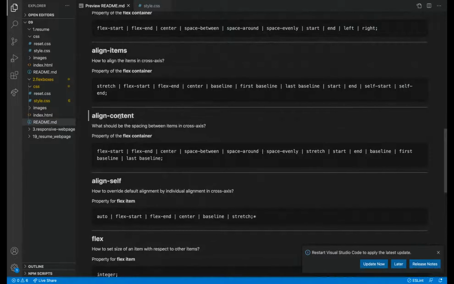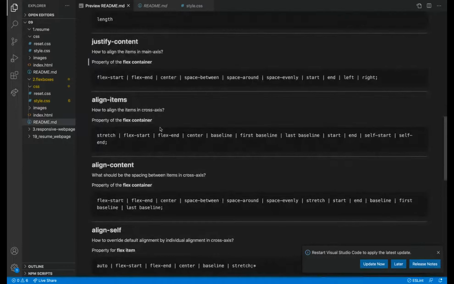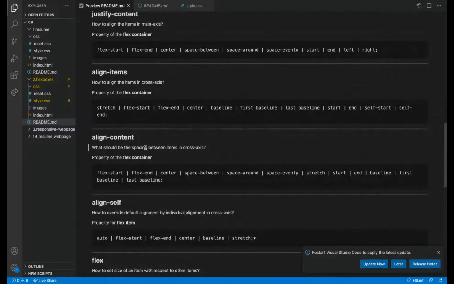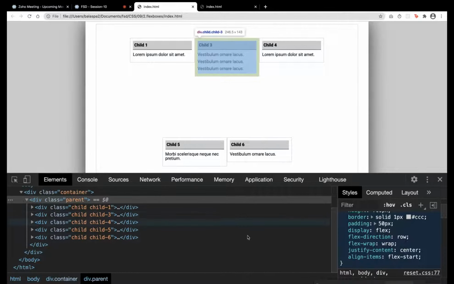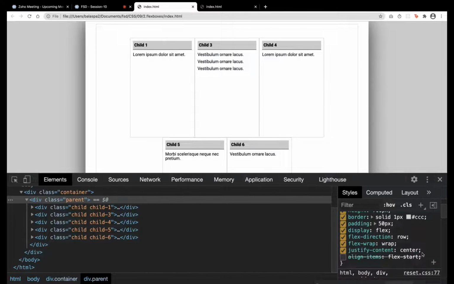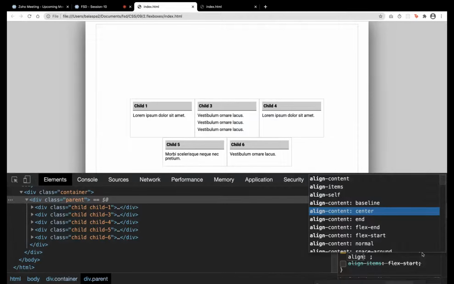There is align content. With align content, we decide the spacing between items and the cross spacing. We'll keep it like this. Align content center.